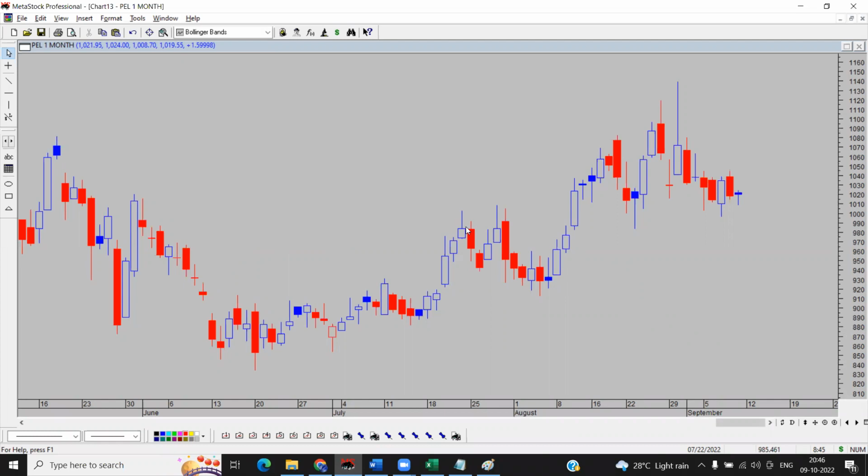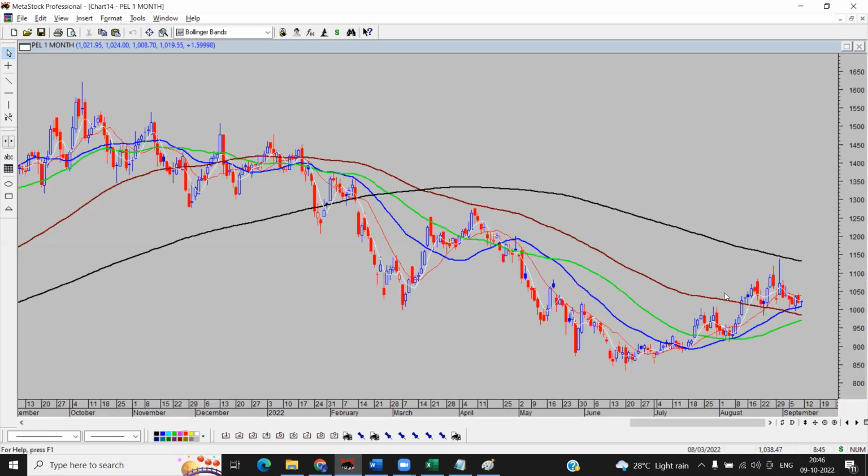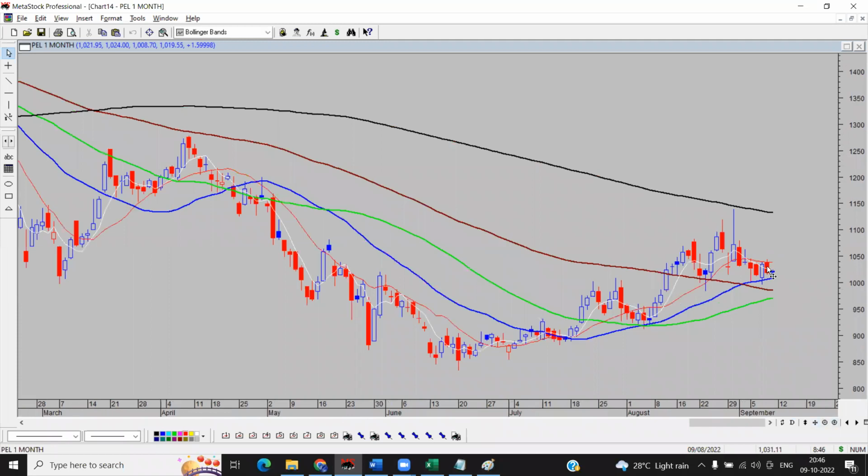Don't take it this way that I have to just act, like buy it tomorrow, sell it tomorrow, this has gone bad, this has become good. I won't be taking it this way. I'll be studying the stock. Perhaps I will plot all the moving averages also. It is very near the 30 SMA and the move is very small. If it goes above Thursday's high of 1044, perhaps I might target it. That's the idea.